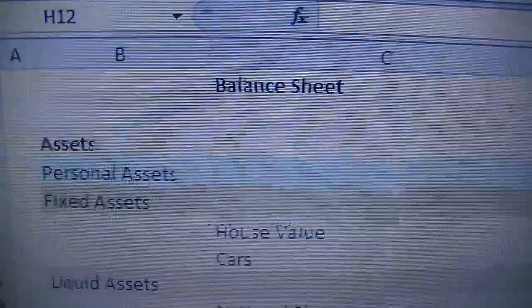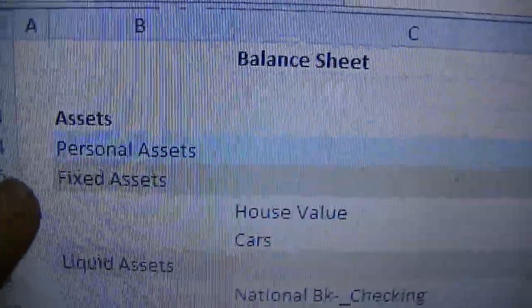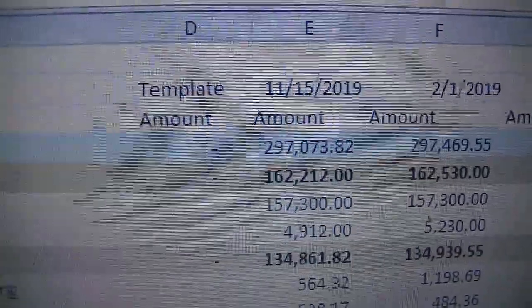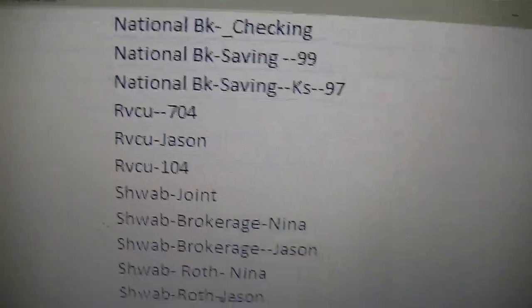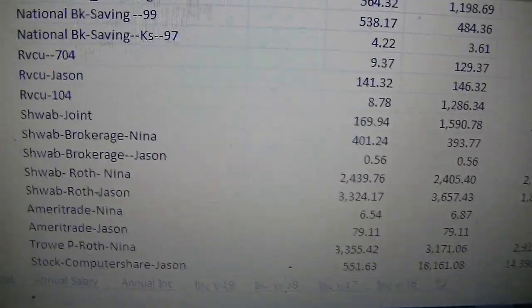We calculate our net worth, which is the difference between our assets and our liabilities. Our assets include our personal assets, which total $297,000. You can see we track it for the year, and that includes fixed assets, a house and one car, of $162,000, and liquid assets, our money in our bank account, our retirement account, and investment account,